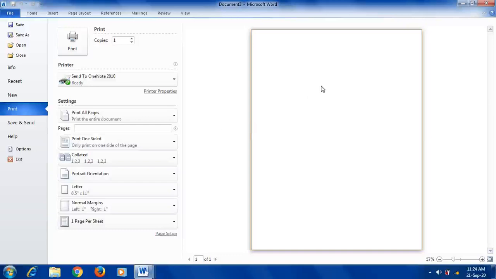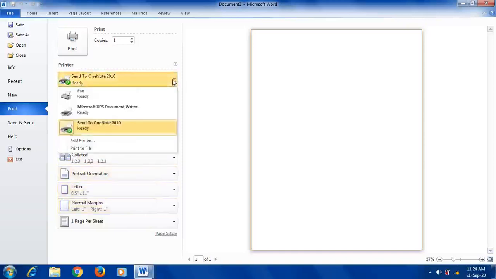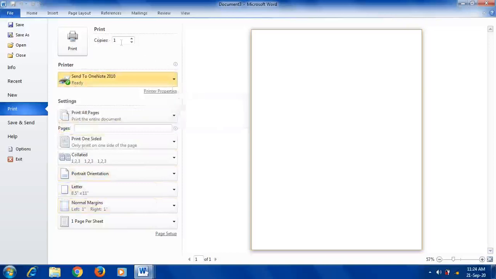Preview means whatever text you have typed will be displayed with the margins. Now here you have to select the paper you are going to use for the printout, and which printer you are going to use, so that printer has to be selected from this option, and how many copies of the printout you need, you also have to mention in this box. So this is all about the print option.